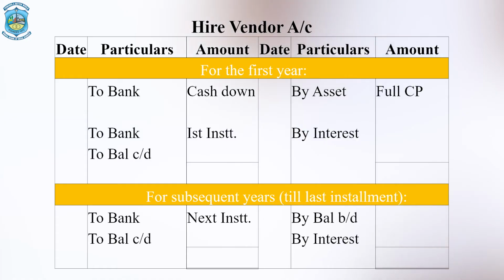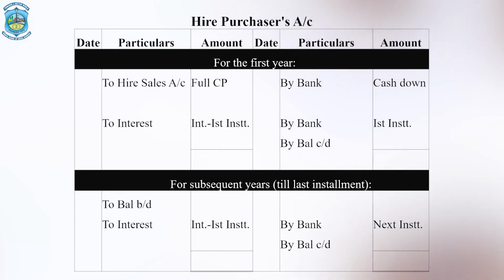Right. Now, this is very simple to understand, as you have already understood how the hire vendor account is prepared in the books of the purchaser. It is just the opposite. In the same way, the vendor records the account of hire purchaser in his own books of accounts. Now, since the purchaser is a debtor, an asset for the vendor, the account of hire purchaser would be